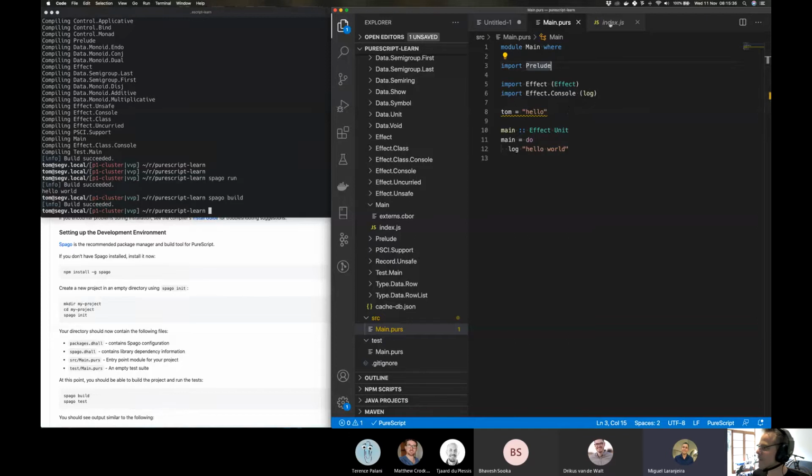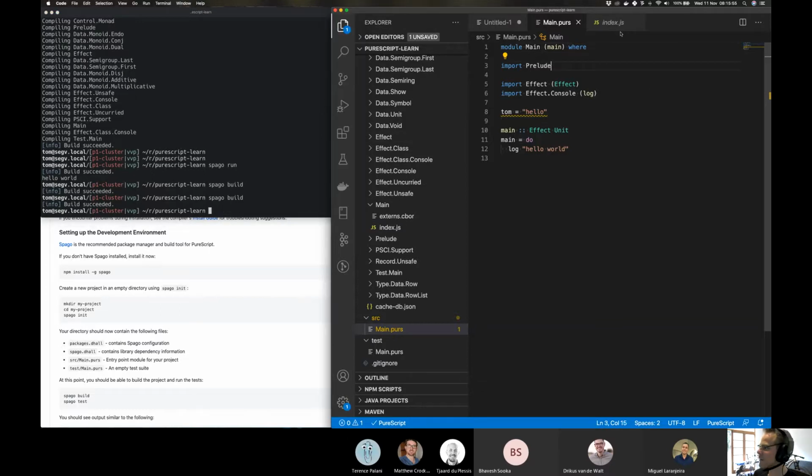I'm just curious, how would you declare something private then? It could be in the module declaration up there. If I want to export main, this is what I would expect in Haskell: I say module main, and then the exports go up there. Yeah, there. So you export what you want. You just list up at your module definition what you want exported, the same way that when you import, you list what you want imported. It's like a mirror image.